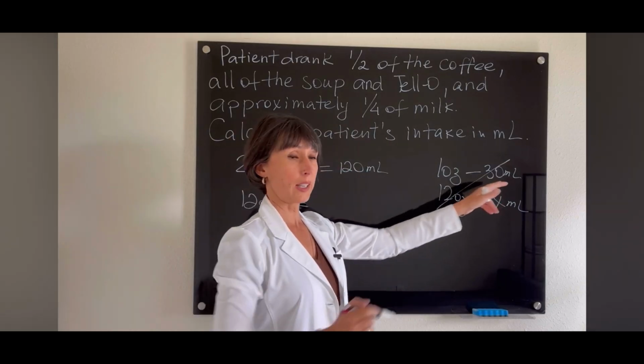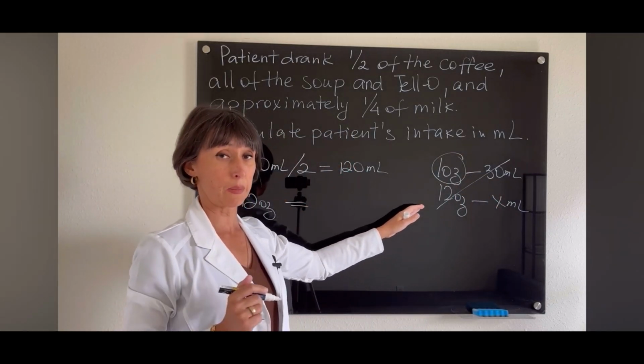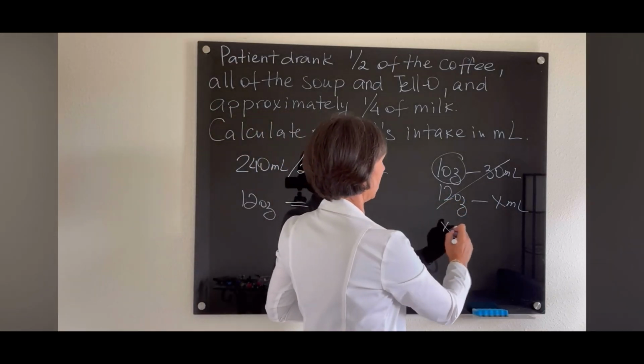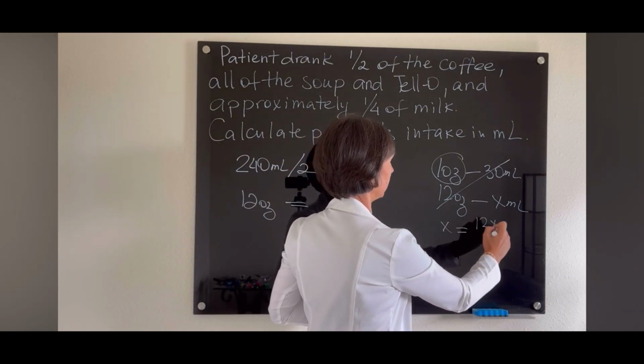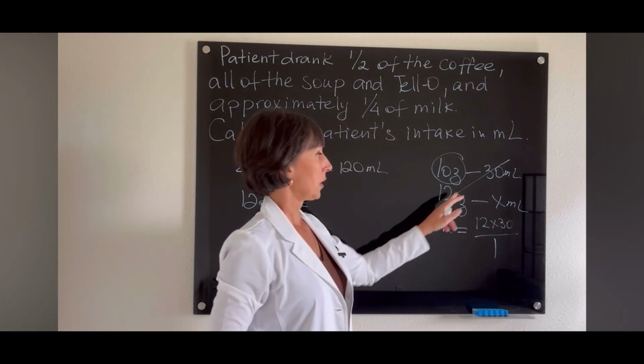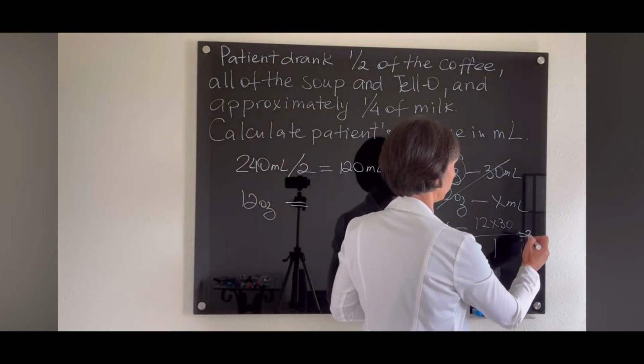I multiply on the diagonal and divide by the third number. We're using the DKP method to solve these problems. So X equals 12 times 30 divided by 1, and that's 360